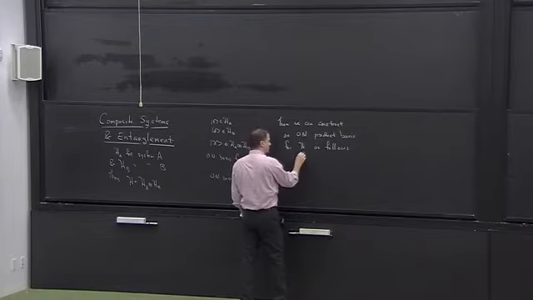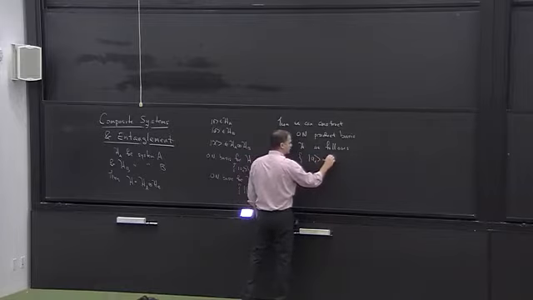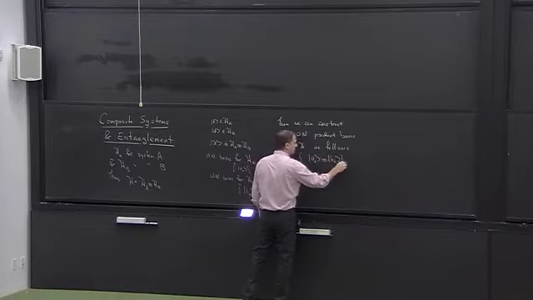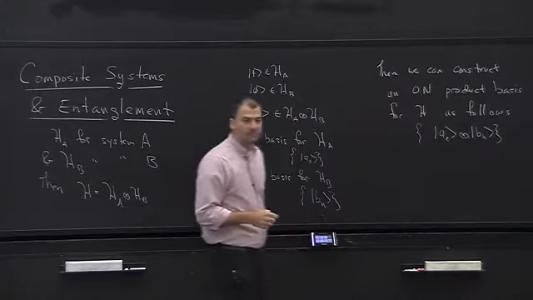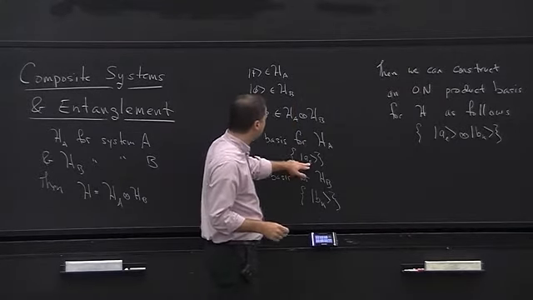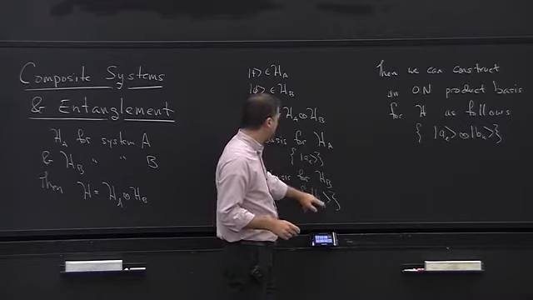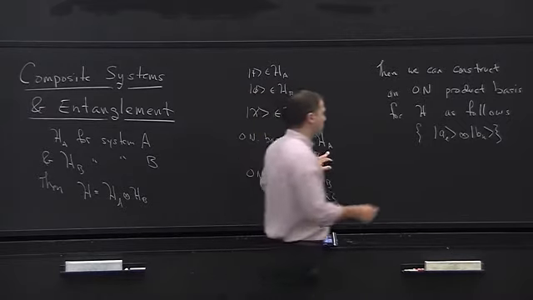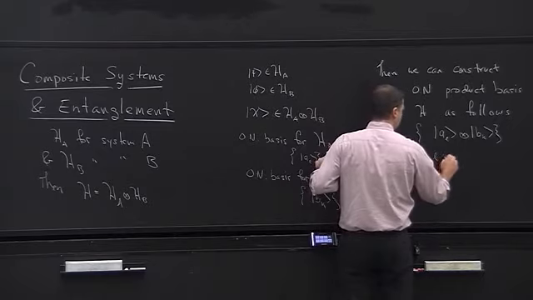Our basis would be A sub L cross B sub K for all choices of L and K. So L runs from 1 to the dimension of H_A, K runs from 1 to the dimension of H_B, and so here